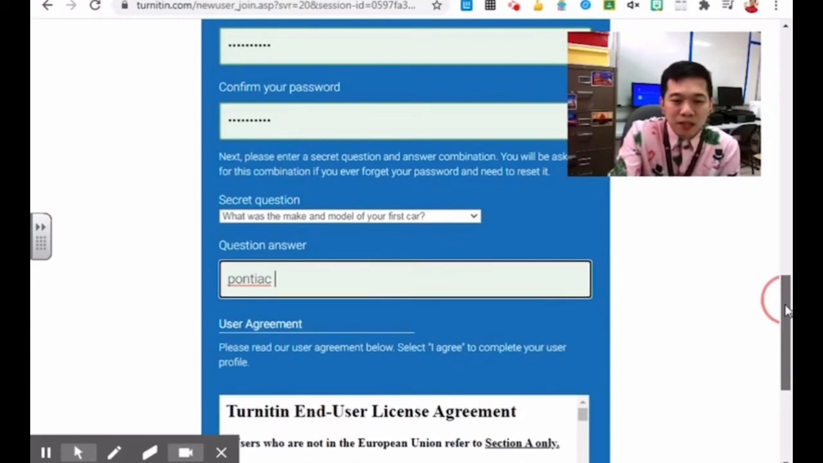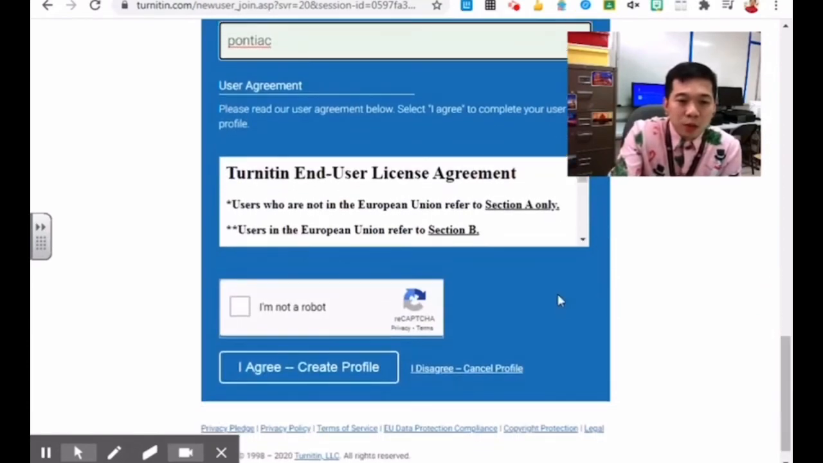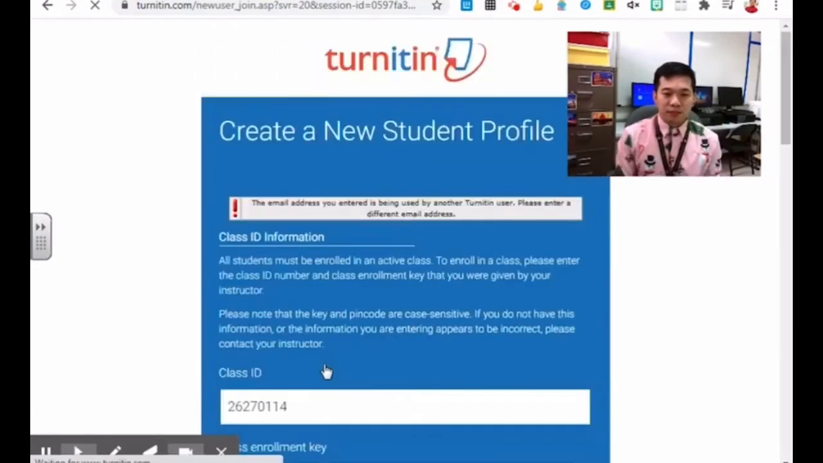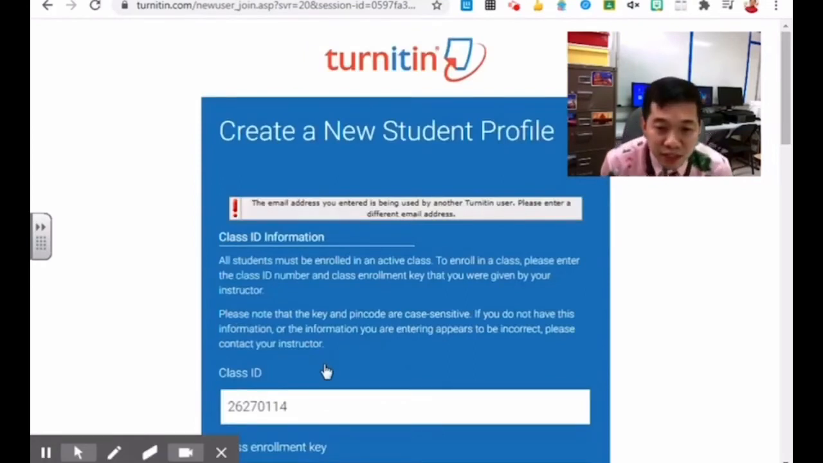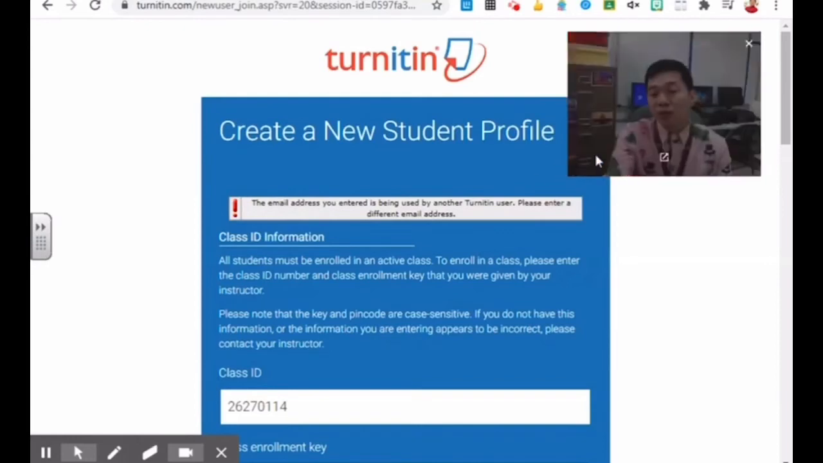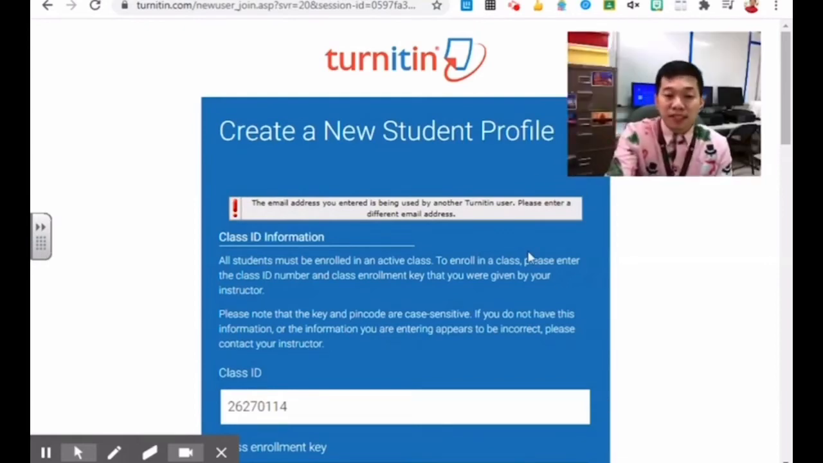The brand is Pontiac. And then you're going to confirm that you're not a robot. So just click it. And then you have to agree. Let me see if it lets me. This email address entered is being used by another TurnItin user. Oh, yeah. So it will tell you, for example, if you have actually used that email already, that it's been used. So in other words, you have to recover that password. But just in case,